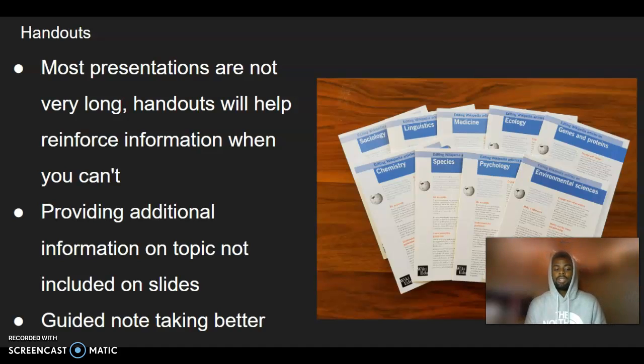The guided note-taking serves way better. If you're just having people write down notes in their notebook, it's not exactly what you're trying to get them to think like you, but if you're presenting, you'd want your idea to be easily,